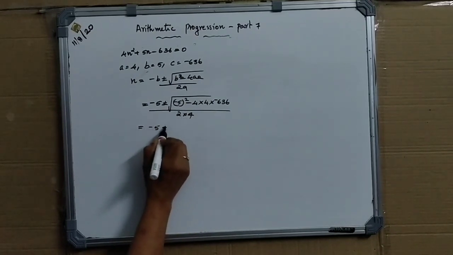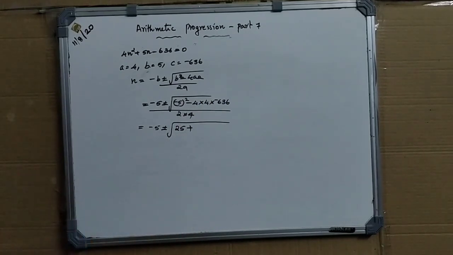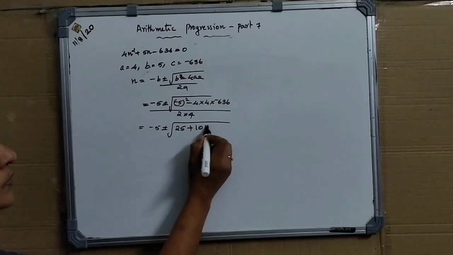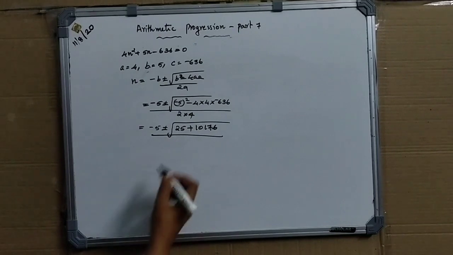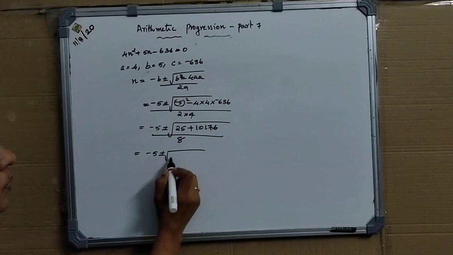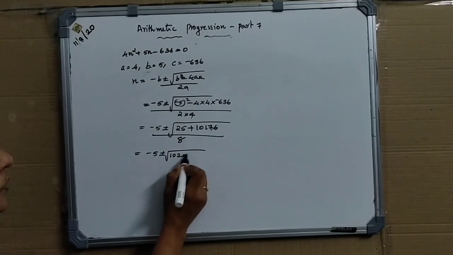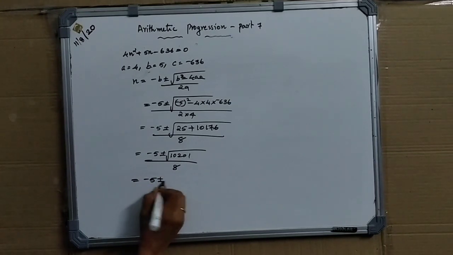That is negative 5 plus or minus root of 25 minus into minus, plus 16 into 636. If you multiply, you can see that it is 10,176. Multiply 16 into 636, divided by 8. That is negative 5 plus or minus root of, if you add this you will get 10201, divided by 8. So that is negative 5 plus or minus